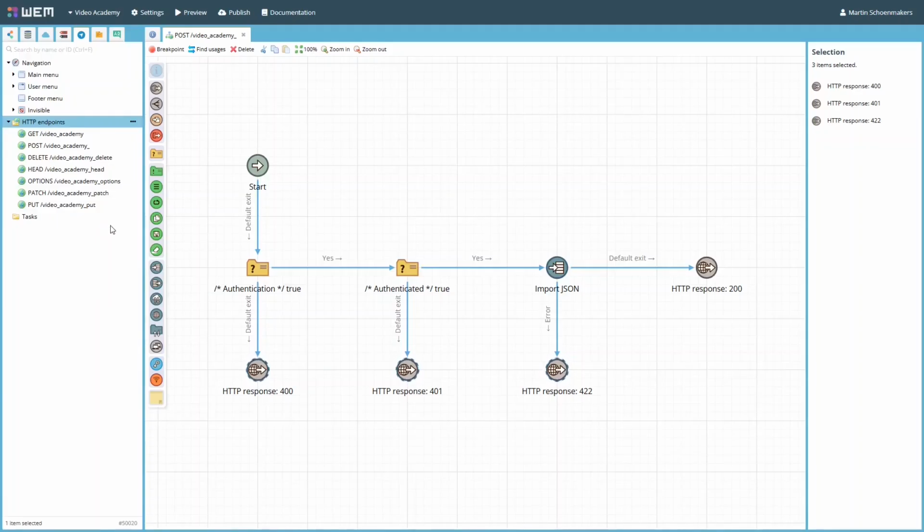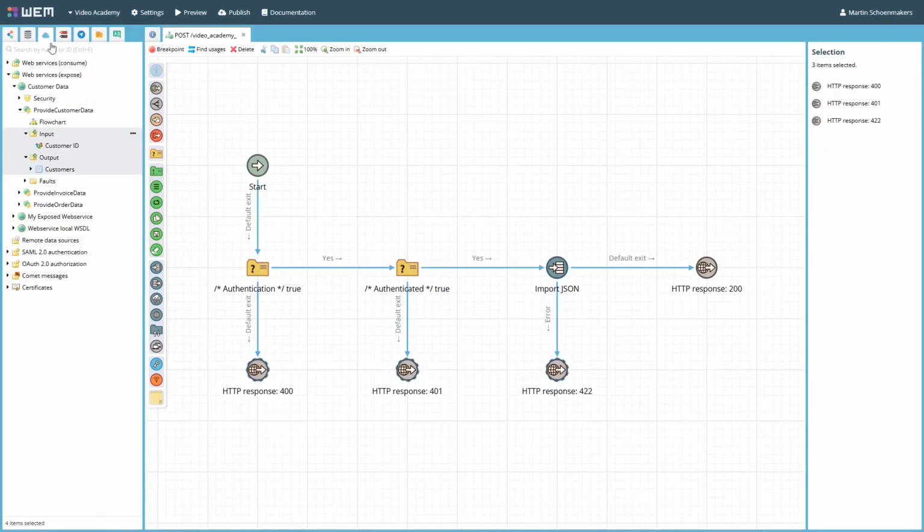HTTP endpoints may be used as an alternative to the HTTP exposure of exposed web services in the integration tab. However, there are various differences between the two. As far as HTTP exposure goes, web services exposed in WEM can only be consumed using POST requests. They have a fixed object-based input and output structure, and they can only return two different HTTP status codes, namely